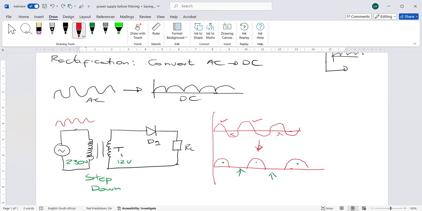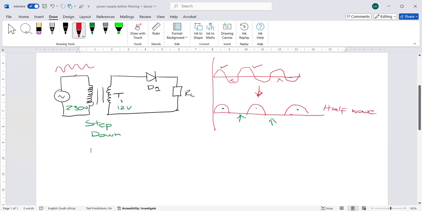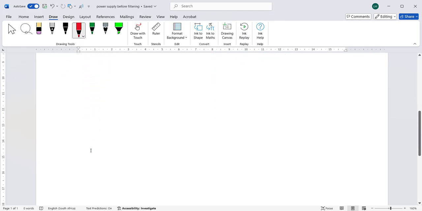However, this is what we call a half wave rectifier. That means that we only have positive half waves. Then we go to the next one, where we talk about full wave rectification. For full wave rectification, we've got two types. Those two, basically, you've got center tap